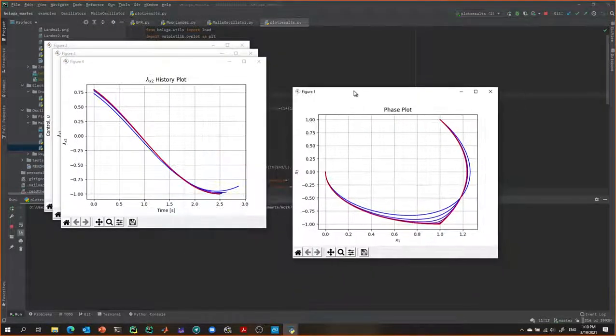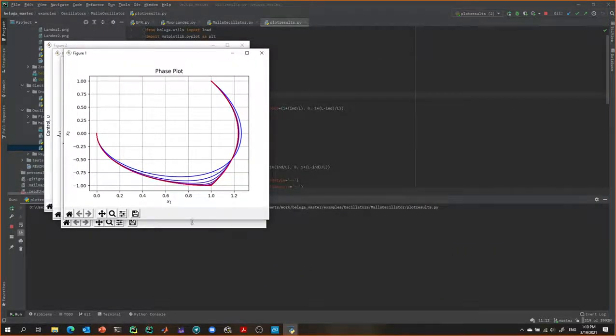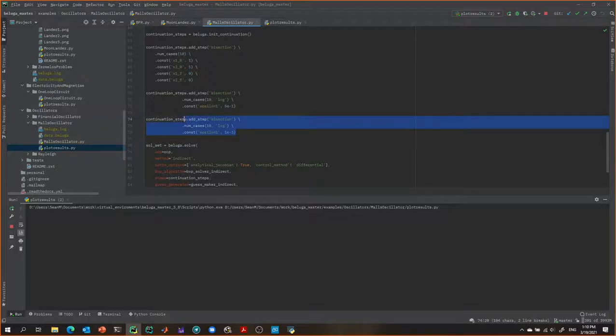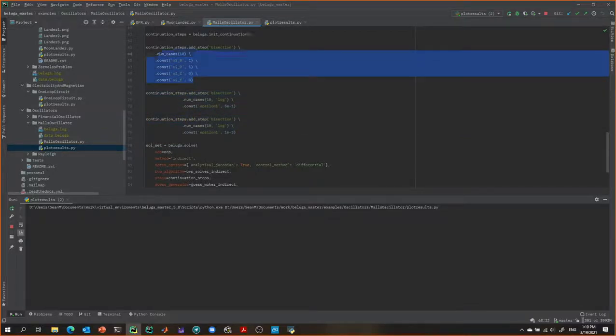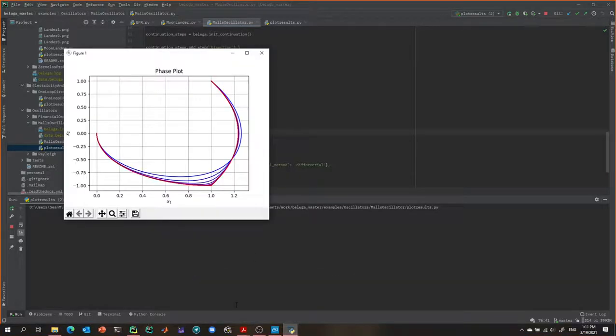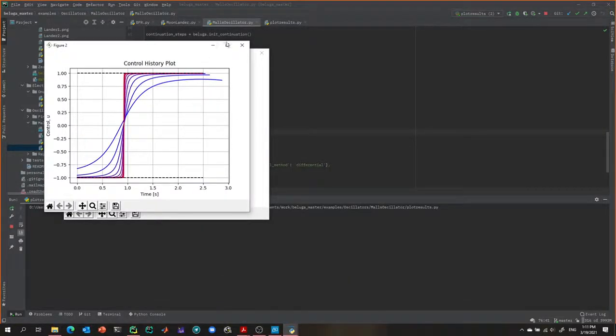Okay, so here's the solution. It's a phase plot. It has two variables, x1 and x2. If you look here, the first continuation step brings it to the solution, and then the next two series bring it from a high value to a low value. These blue solutions are when epsilon's big, and then we go to the red with this corner here where epsilon is small. And if you look at what the control does,